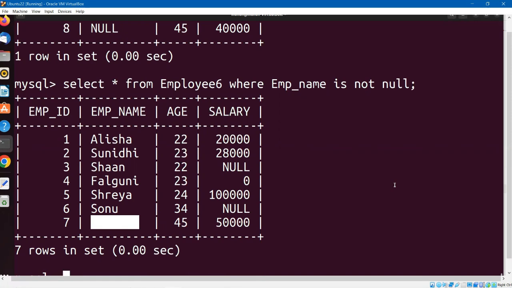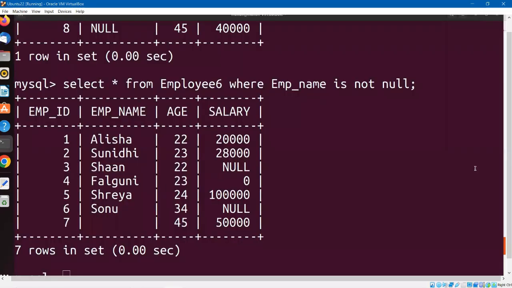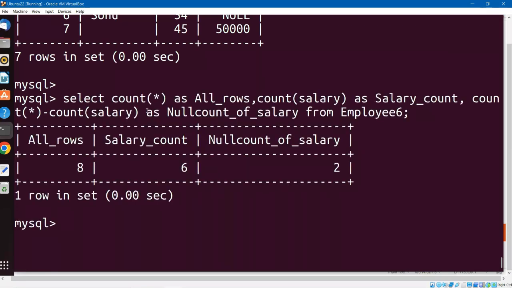Let us understand one more very important query where I will demonstrate how to calculate the number of null values. So if you look at this particular query, what I'm trying to do here is count how many nulls are there in this particular column called salary. First thing is I'm counting all the values in a table and naming that as all rows, and I'm counting only the values in the salary column. Remember that ignores the null values and that count happens to be 6, and then I'm getting the null count